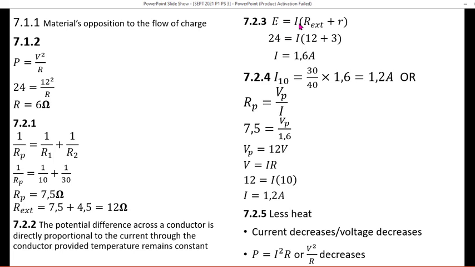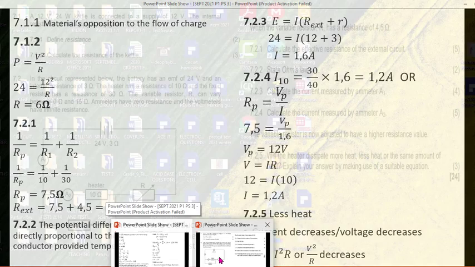EMF is equal to I. Don't be worried, EMF can also be written like this: I times R external plus r. The battery EMF is 24, equal to the total current times the total external resistance, which we found in 7.2.1, plus the internal, which is 3. When we use our calculators here, we get the total current to be 1.6 amperes. And then we go to the next question, which is